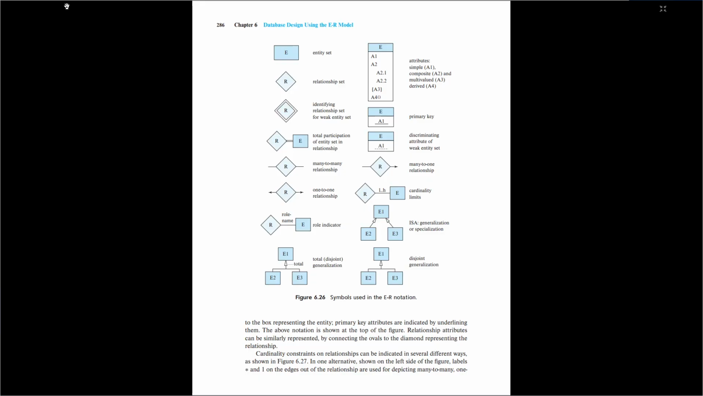To the box representing the entity, primary key attributes are indicated by underlining them. The above notation is shown at the top of the figure. Relationship attributes can be similarly represented, by connecting the ovals to the diamond representing the relationship. Cardinality constraints on relationships can be indicated in several different ways, as shown in Figure 6.27. In one alternative, shown on the left side of the figure, labels one and asterisk on the edges out of the relationship are used for depicting many-to-many,